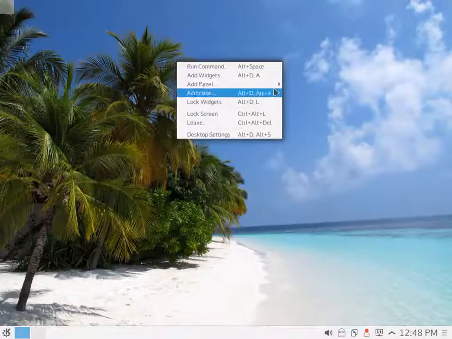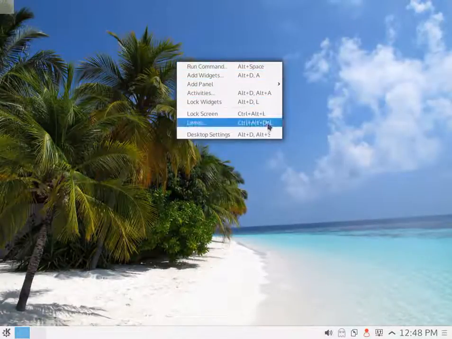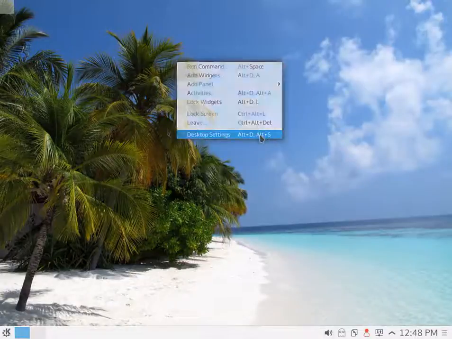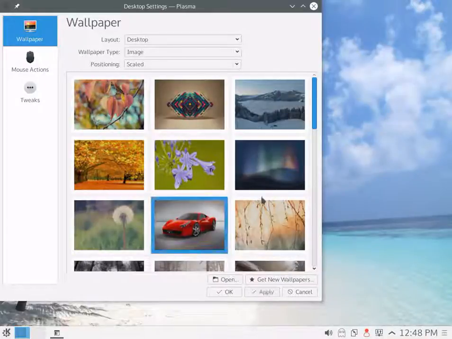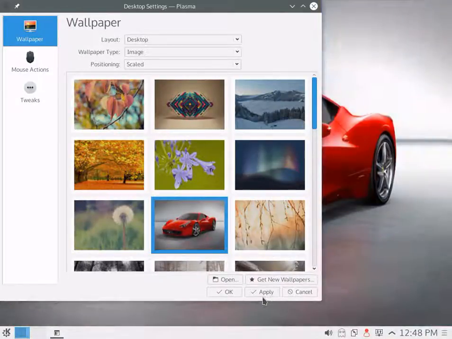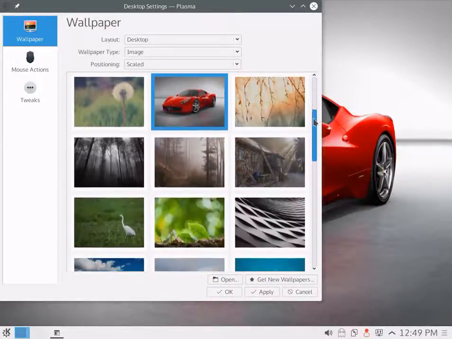Right-clicking on the desktop brings up a standard set of choices. We have desktop settings. We have some beautiful wallpapers. Changing the wallpaper, of course, is as easy as just selecting it and clicking on apply. Of course, we can go through this, very high quality. I've noticed in some of the more